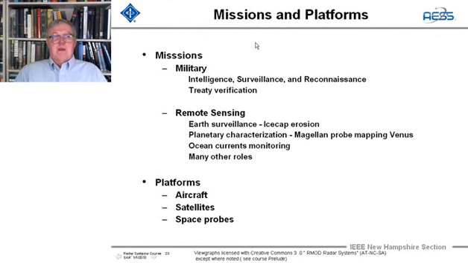Okay, now what are the missions and platforms that are used? And we're just going to spend the next 5 view graphs looking at the missions. And the missions, of course, the first one that I'm going to talk about is military. Why? Because it's on the view graph. It's military. They're both very important. And it's intelligence, surveillance, reconnaissance, and also treaty verification, because you can put these in satellites and verify arms control